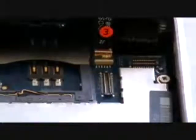To release the cable from the jaw connector, lift the white tab up 90 degrees as being shown here in the video using a safe pry tool. Now the jaw connector has been opened, we can carefully remove the digitizer glass from the